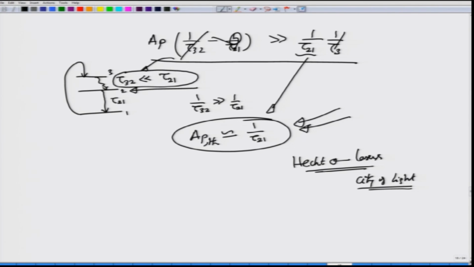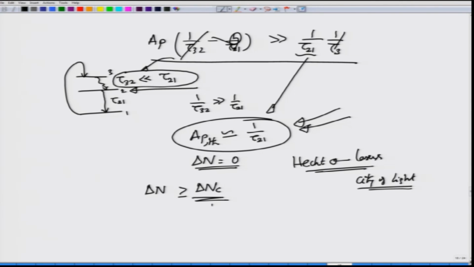Okay. Of course, what we have is the threshold value. At the threshold value, delta n will be equal to 0, which means you have just reached the threshold. But it turns out that delta n just being equal to 0 is not really the minimum required value. What you want is delta n to be greater than a certain critical value. We will not derive that critical value here, that derivation is a little too long, but you need to see that just because you make delta n equal to 0 does not really give you a laser right away. You have to make this greater than or equal to a certain critical value.